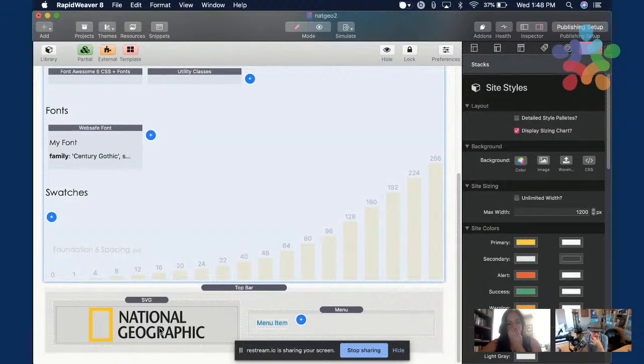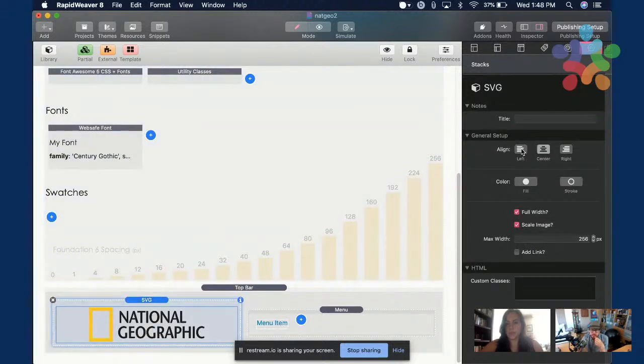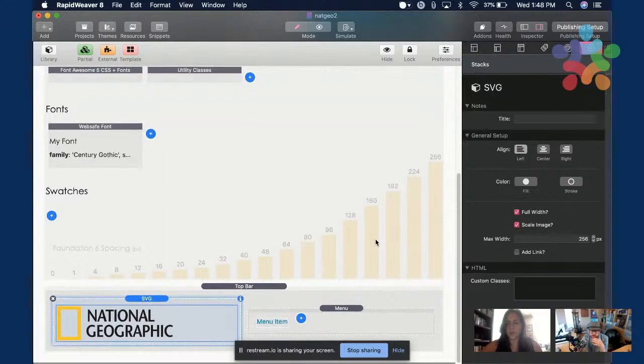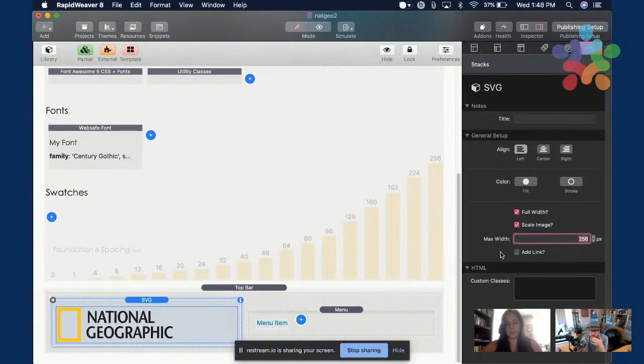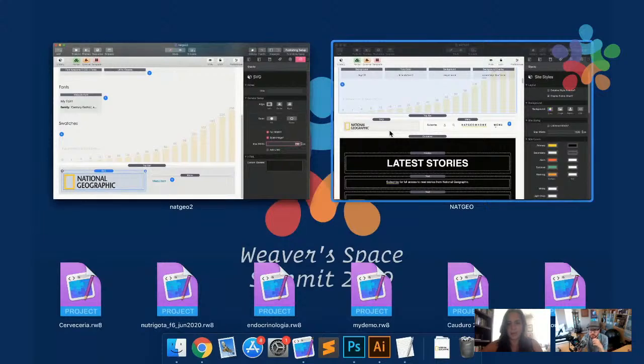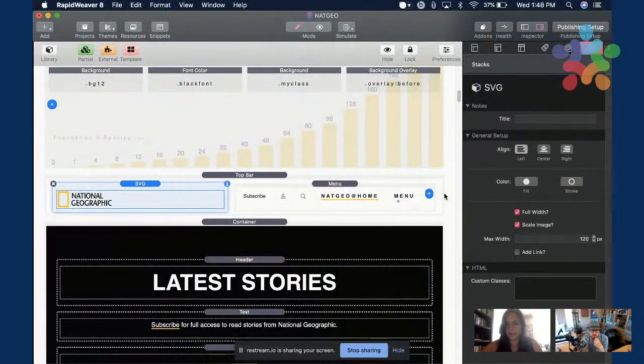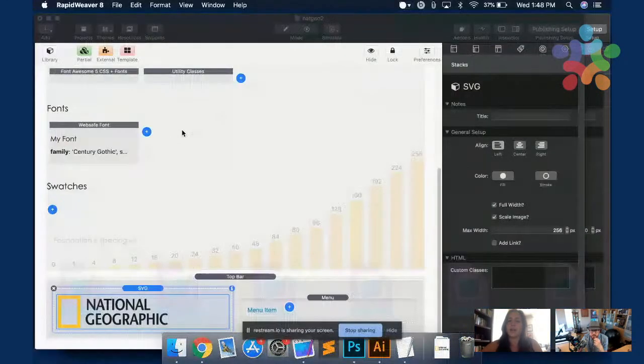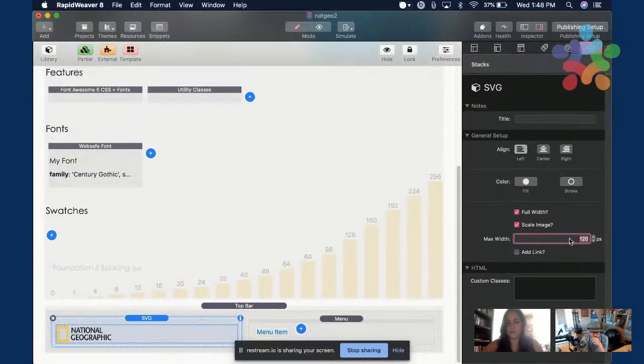I just copied and pasted, and then I'm going to align it to the left because it was aligned to the center. For now, I'm going to give it a max width of 120. I already calculated that before.